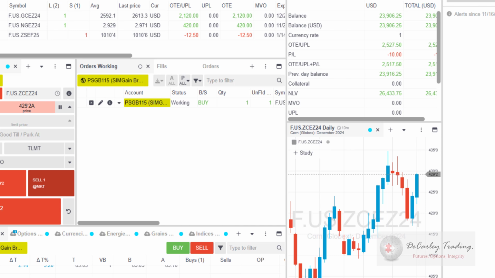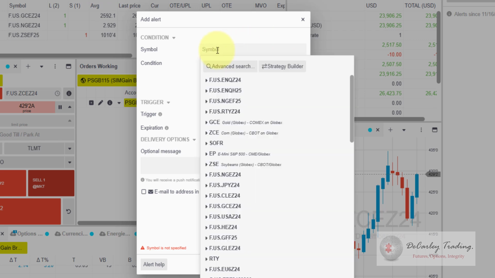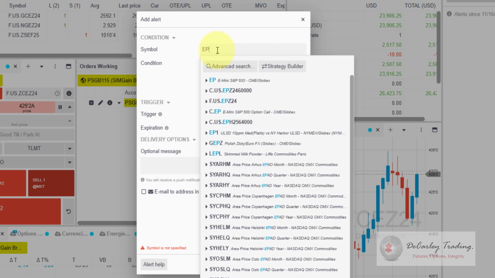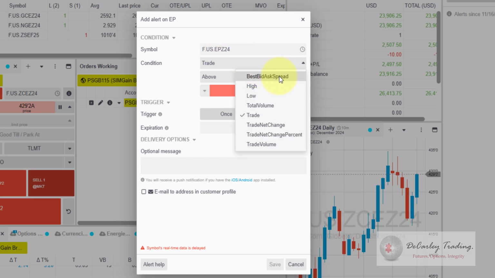If I go back to this plus button and I click price alert, it takes me to a page that allows me to choose a symbol. I'm just going to do the S&P to keep it easy. And I can click on the condition drop down and I can choose best bid ask spread. That's probably not going to be pertinent to a futures trader, but if you're trading options, that might be what you want to set it at,